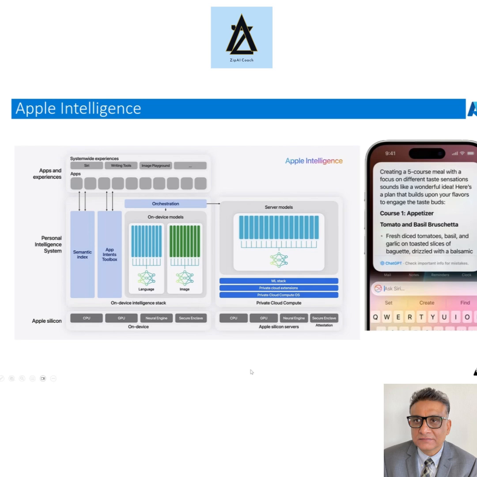So if you see here, they already have a neural engine and GPUs as part of the iPhone hardware. And what they've done is add an AI stack where they can run a lot of things locally. Currently, it supports language and image analysis,